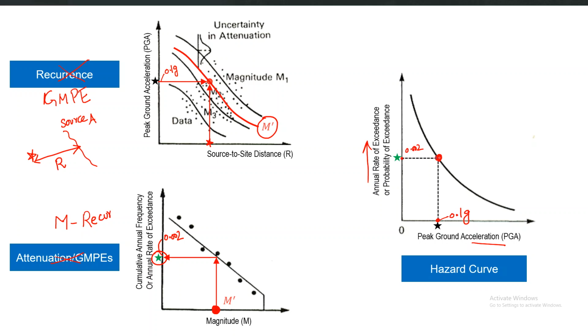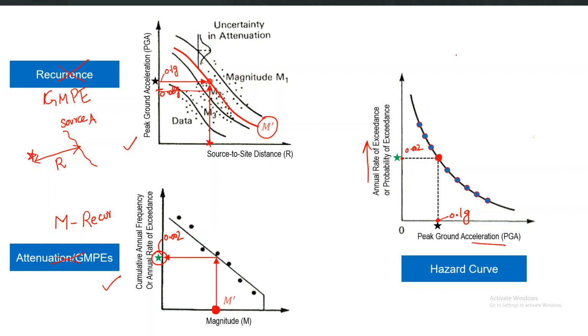Similarly, you can repeat the process by selecting another PGA value, let's say 0.08 G, and then repeat the same process, use the GMPE on top and the magnitude recurrence on the bottom, and then come up with 1 point on this curve. So finally you plot all the important points on that curve by varying this starting PGA value, going down to a very low number up to a very high number, and therefore you will finally get this curve. That curve will tell you the level of hazard at your site corresponding to different definitions of hazard.